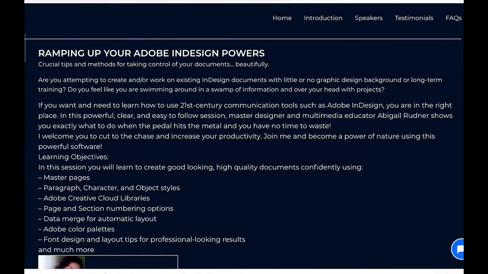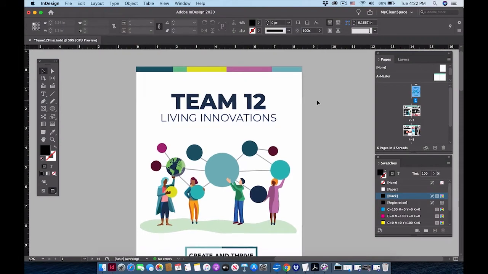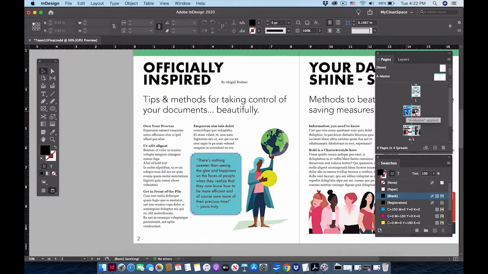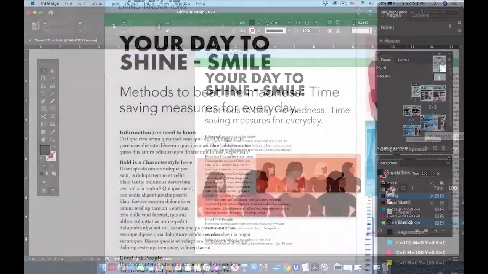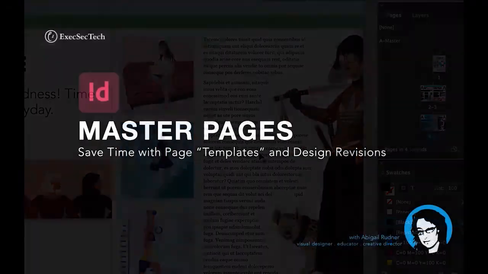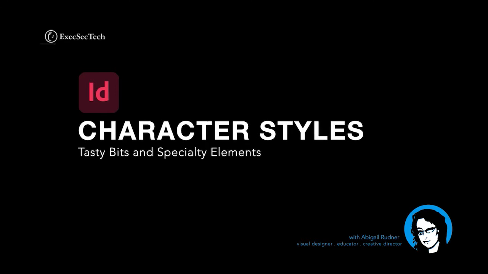This session is for people who have begun using InDesign, even just a little bit, and are feeling somewhat overwhelmed and not quite sure how to really get moving in this amazingly fun and rich program. In this session, you'll be learning how to create high-quality content with a focus on master pages, paragraph, character, and